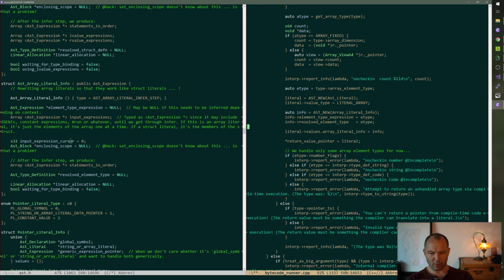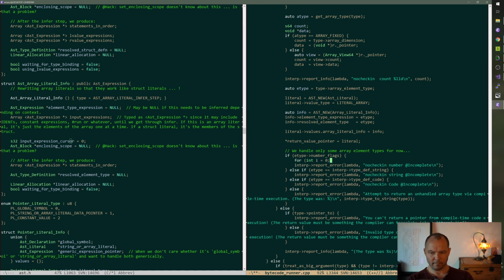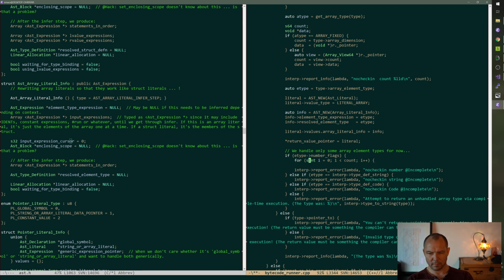And input expressions. All right. So we're not going to quite try to get the values out yet. We're going to say every element is 42, right? So info arrow input expressions dot add 42, right?